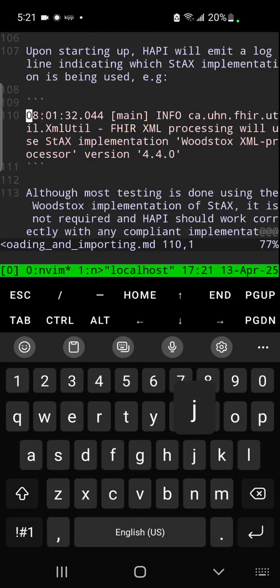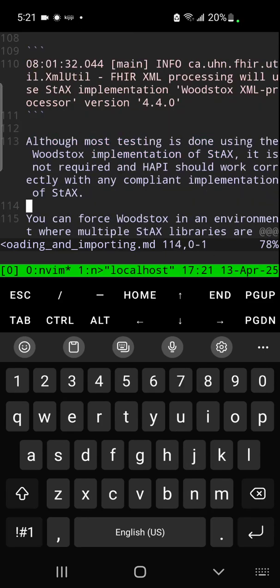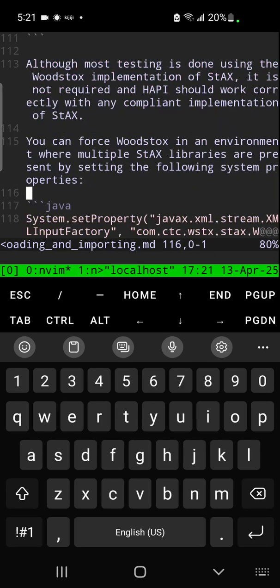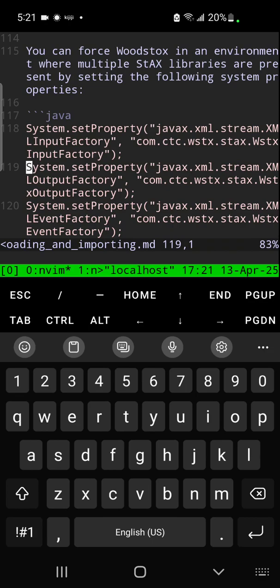For example, XML processing using StAX implementation, Woodstox XML processor version. Although most testing is done using the Woodstox implementation of StAX, it is not required, and Hapi should work correctly with any compliant implementation of StAX. You can force Woodstox into an environment where multiple StAX libraries are present by setting the following system properties. System set property. For example,